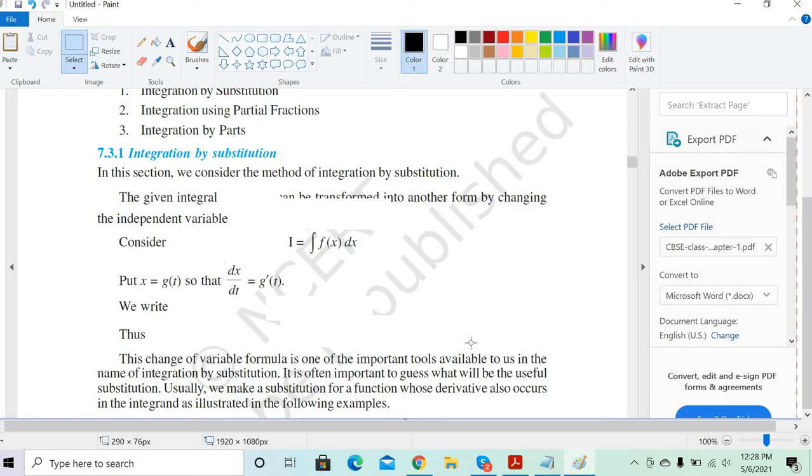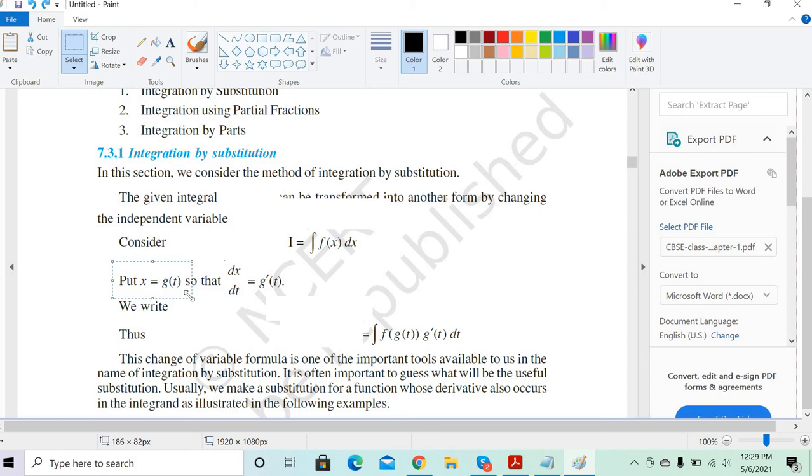Any questions, any doubts? Actually, could you explain that again, sir? Okay, no problem. So first, what we did is the substitution method. What is substitution? Substitution is as good as saying that when I put x is equal to g of t, that means x is equal to some function of t, so that when I substitute it, it will make my life easier.